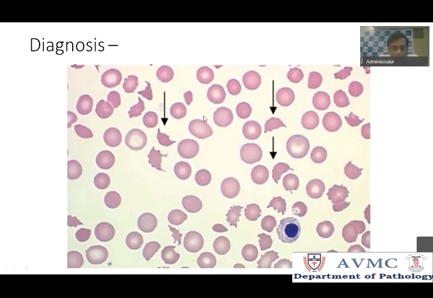So you find normal RBCs and you find a lot of these cells. Okay, and you also find these cells. By now you should be okay with this. This is a late normoblast or a nucleated RBC. So the anemia is very severe. Immature RBC precursors have come out, and you find a lot of these cells.